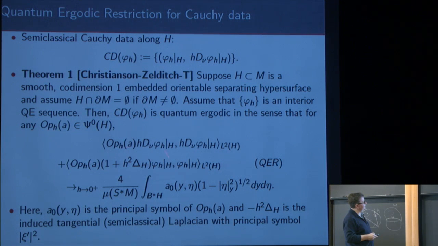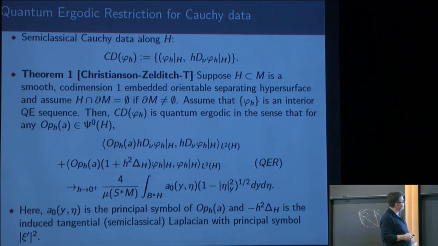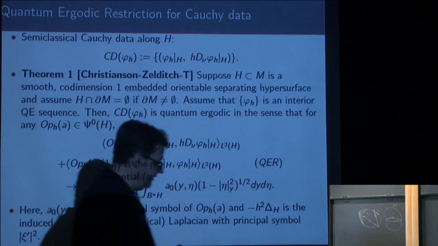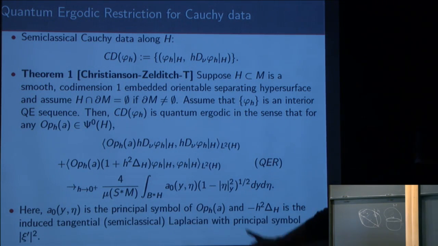So that is the one feature that is not completely straightforward: you have to temper the Dirichlet data by something whose symbol vanishes in the tangential direction, because the Dirichlet data a priori could blow up. So this tempers it. The Neumann data never blows up. Okay, so we proved that with Hassell, Christiansen, and myself, and then Melissa gave a different proof a bit later.